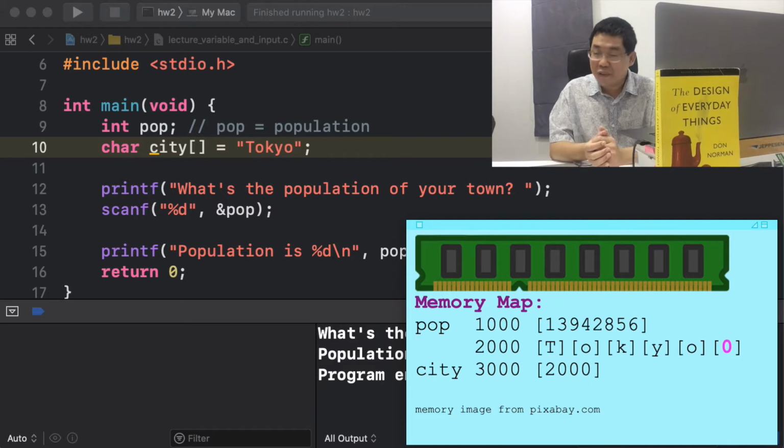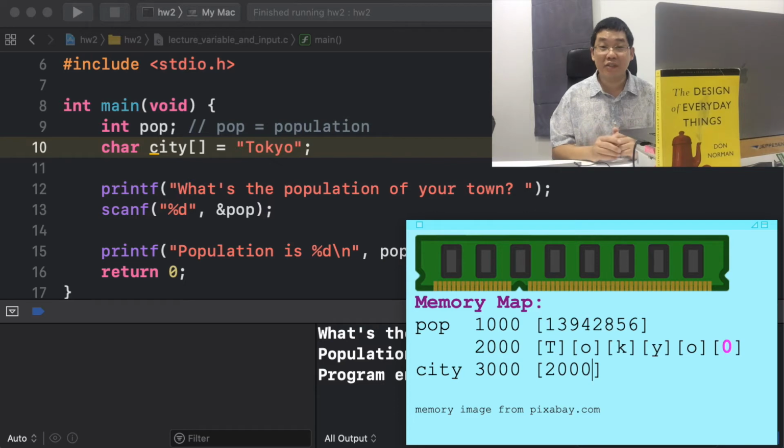As you can see, the string in C is quite complicated, not like in Python or in Scratch or in Java. But remember, inside the memory, everything is just 0s and 1s. There are no integers, there are no floating points, there are no strings at all. It's all up to interpretation. And C chooses to manage the strings this way, and it works. It may not be the most convenient way, but C will give you the benefit of being able to mess around with all the little details of the system. And that's why people who are serious about programming try to use C. And when you get used to it, it's not that complicated, but you have to always be careful.